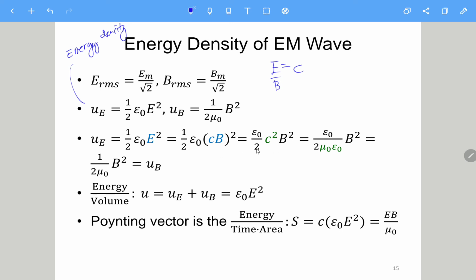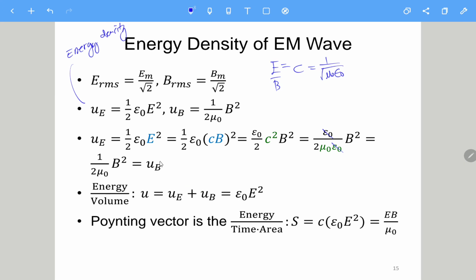And c equals 1 over square root of mu naught epsilon naught, which means that c squared is 1 over mu naught epsilon naught. So this green term becomes mu naught epsilon naught in the denominator. And in that sense, epsilon naught can cancel. So it becomes B squared over 2 mu naught, which is the